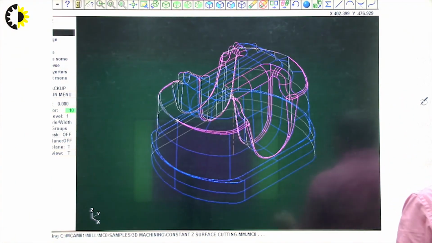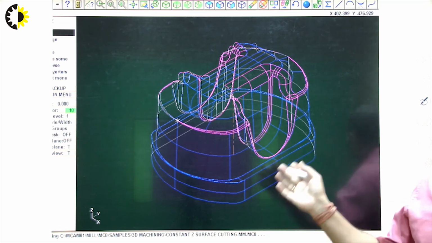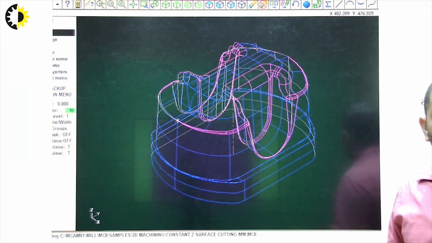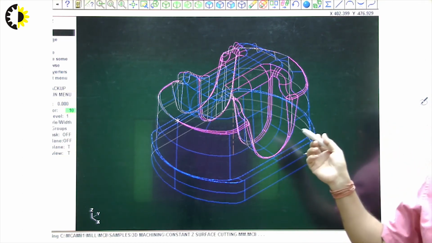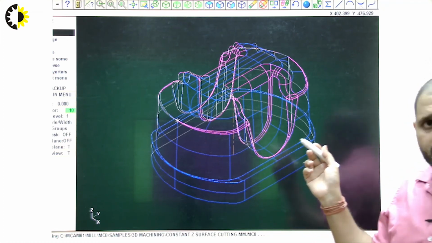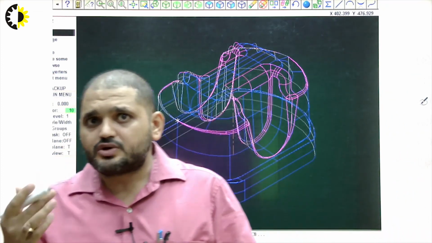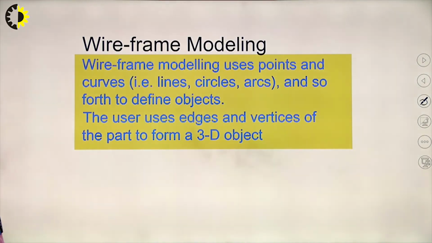This is basically the wireframe model. You can see the edges, curves, lines. With the help of a figure, you can visualize how a wireframe model is made.